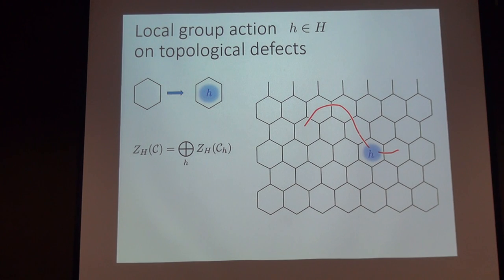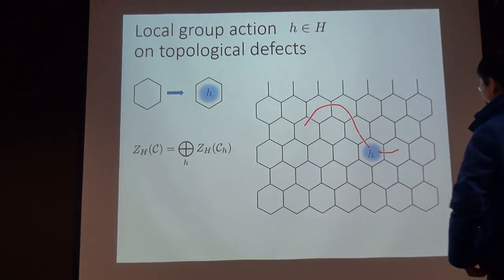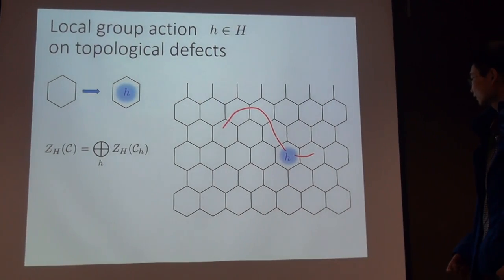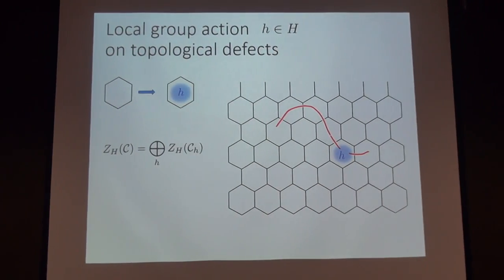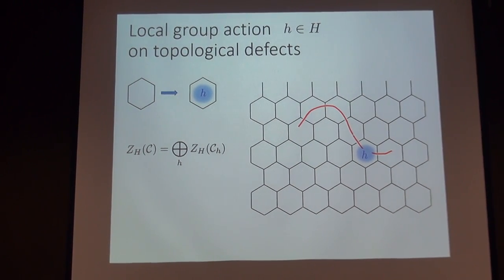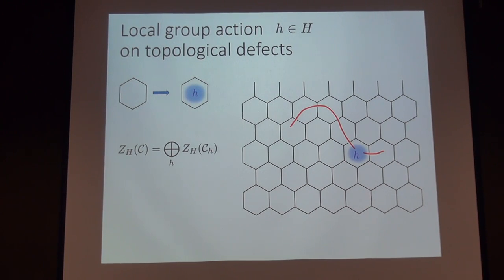So what we do is to promote this local action into a local gauge symmetry. So that means these local actions form a Z2 group. And if we promote this Z2 action into a gauge symmetry, then these